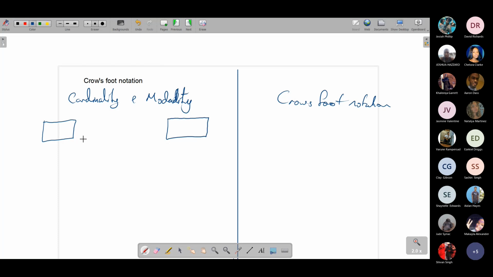Okay, and we're going to focus on what is on the left-hand side here, right? So let's say, for instance, we have a 1